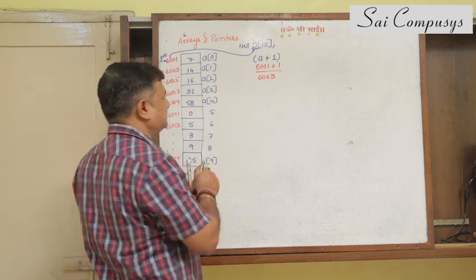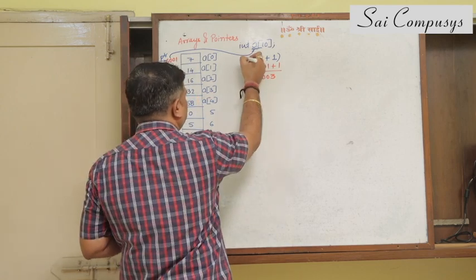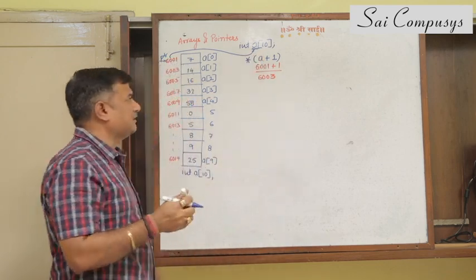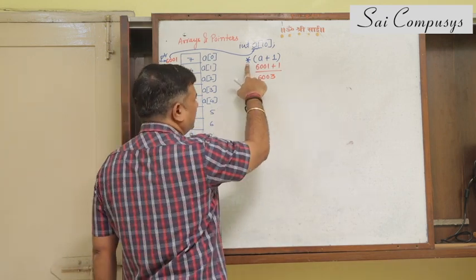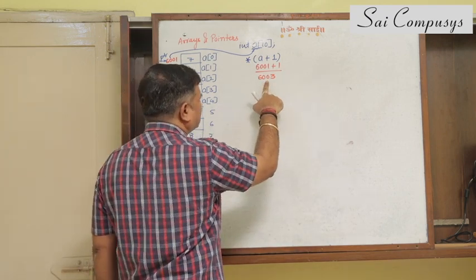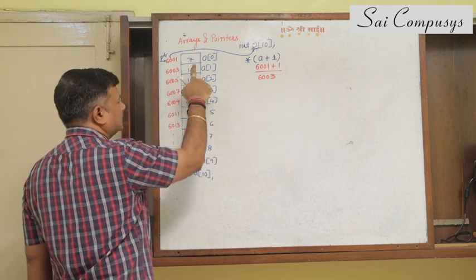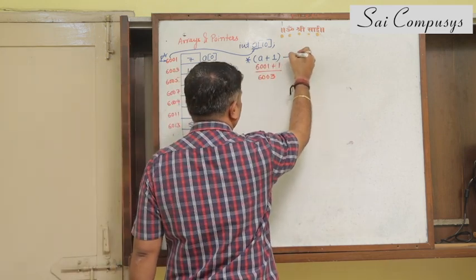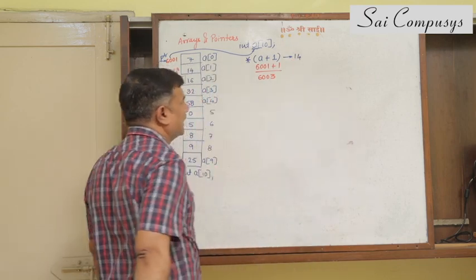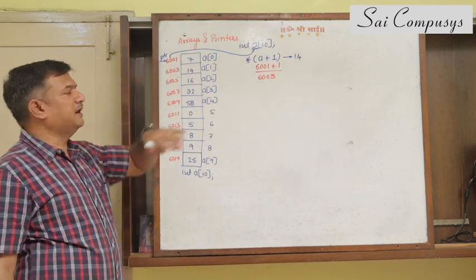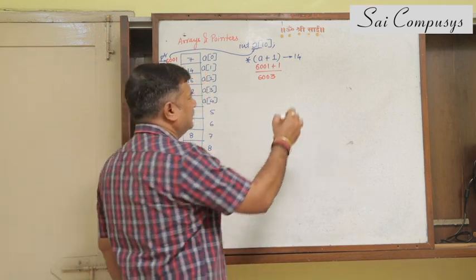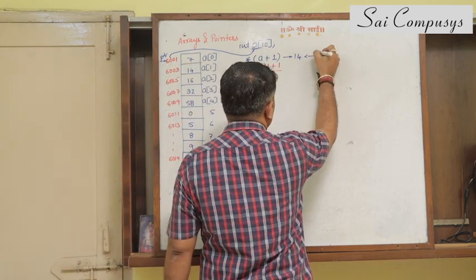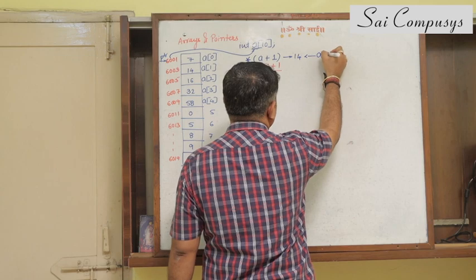Here if I put a star, as you know, star stands for value at address. So star means value at address 6003, value at address 6003 is 14. Now normally if I ignore arrays and pointers, this number 14 I would have written by A of 1. So I am writing down A of 1 over here. A of 1.